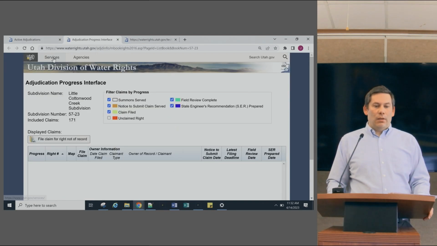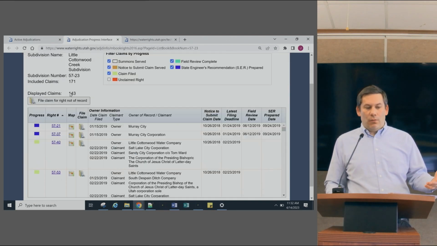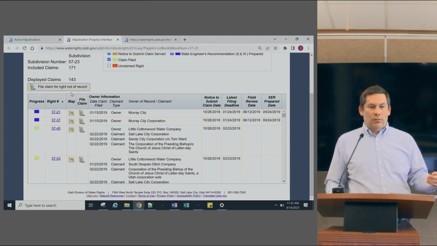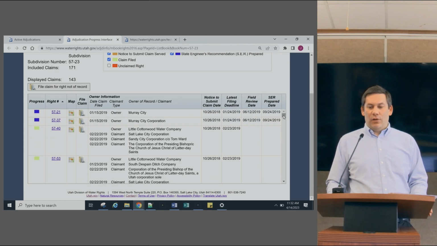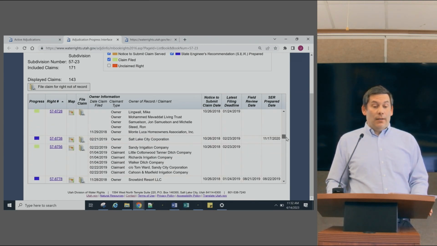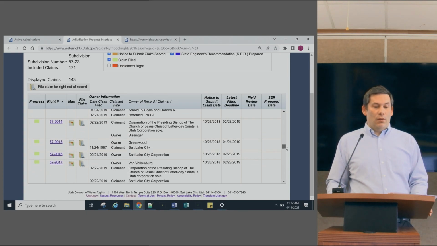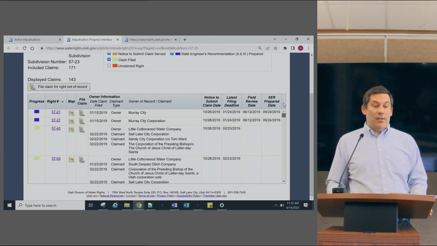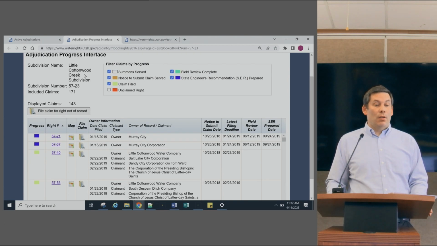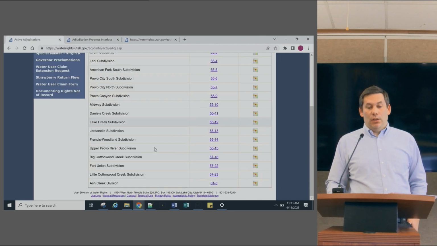I can see a list of water rights that are being looked at as a part of this particular subdivision, Little Cottonwood Creek subdivision. Okay, and then you can also